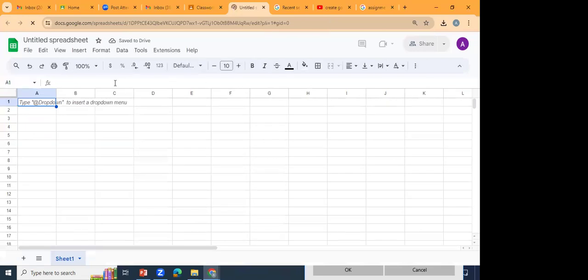So as soon as you click on a particular setting, like I have created the sheet option, a new sheet window will appear. I'll name it like